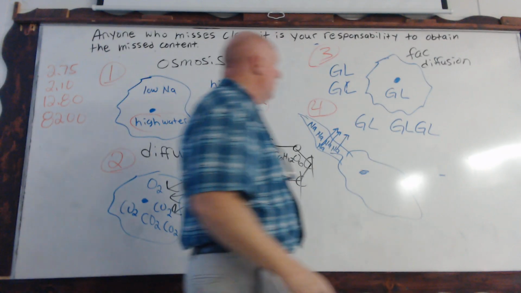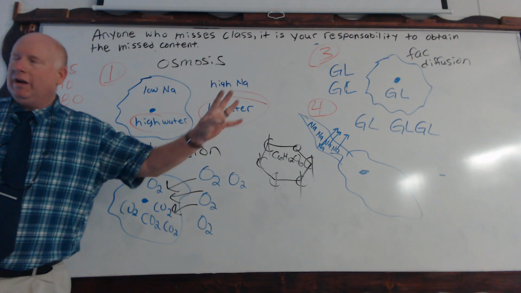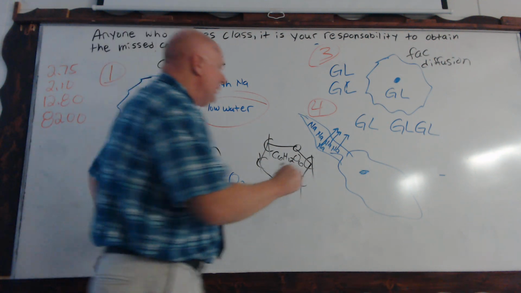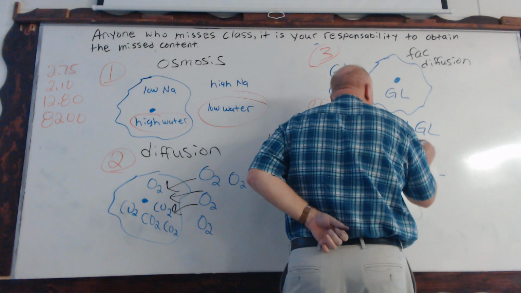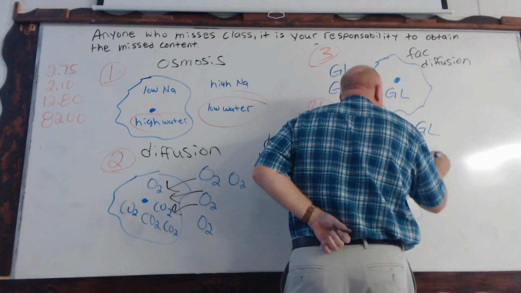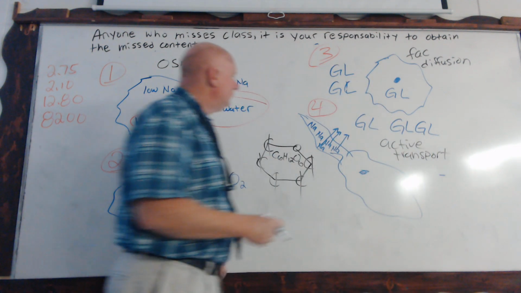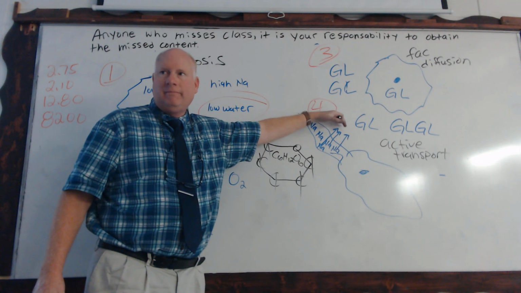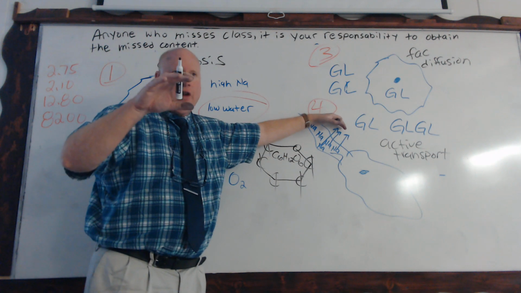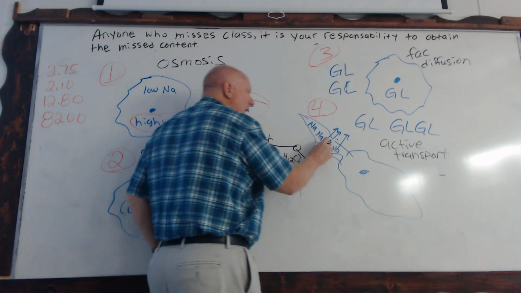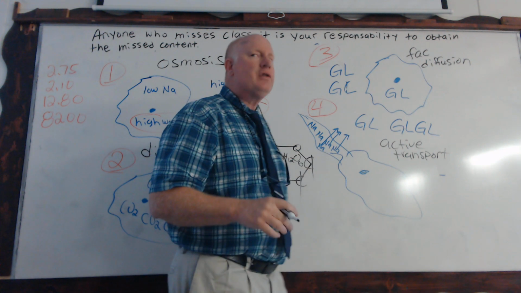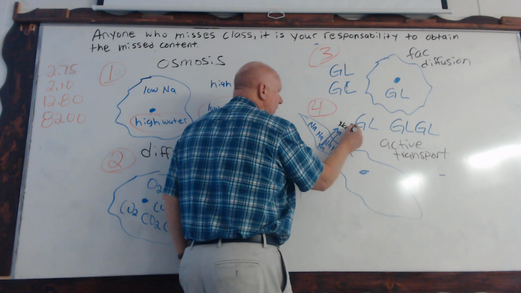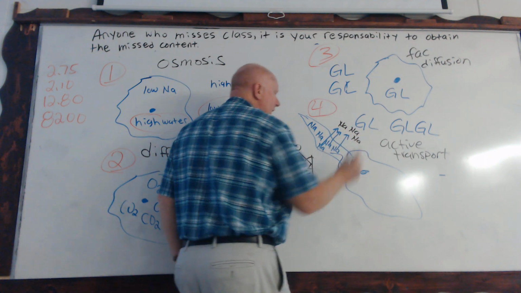Okay? So then we'll just abbreviate that. By default then, what is number 4? It's called active transport. Now this is why. The sodium gradient outside this nerve cell is pretty low. So does it take any energy to go from high to low? The answer to that is no. So once we remove these sodium ions, and now they're on the outside,